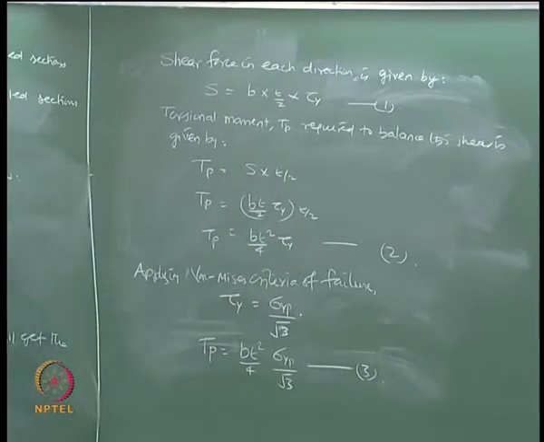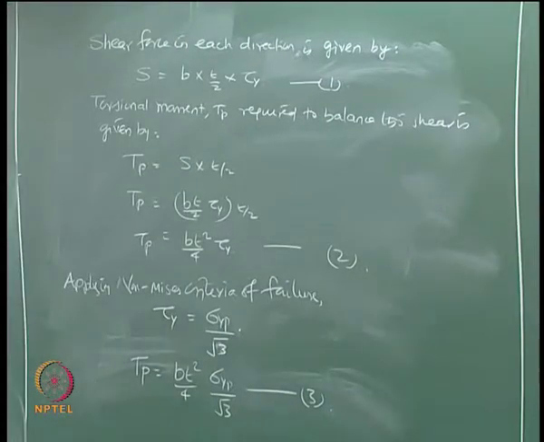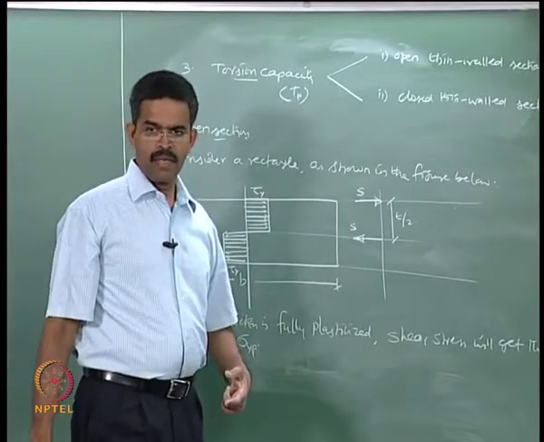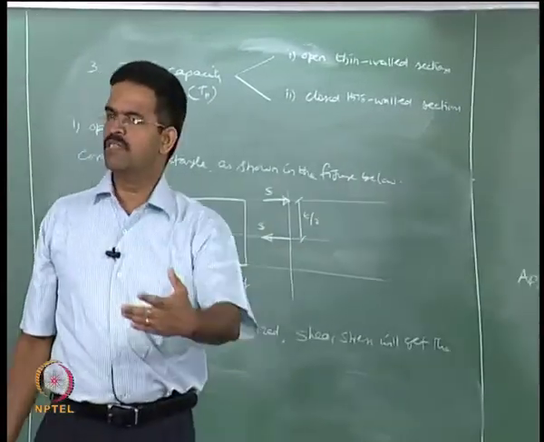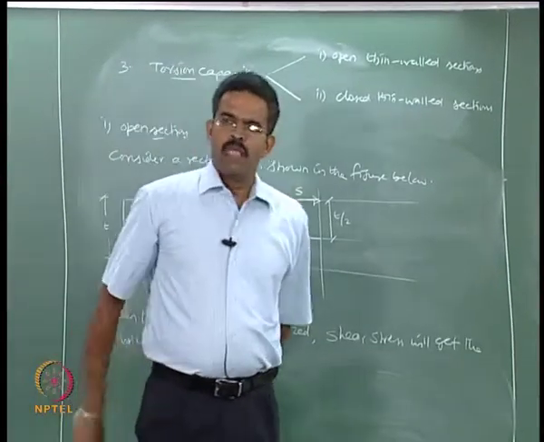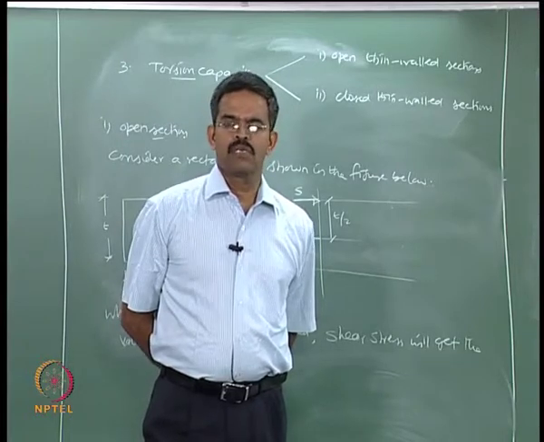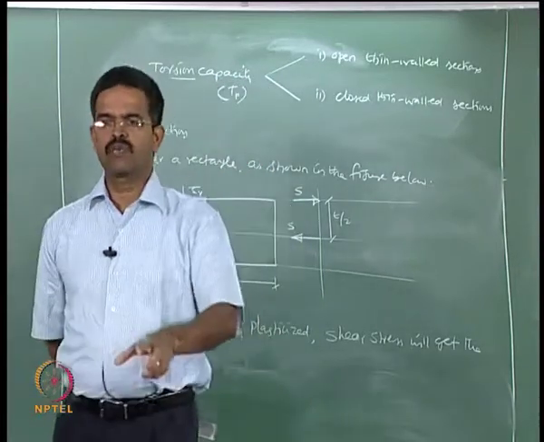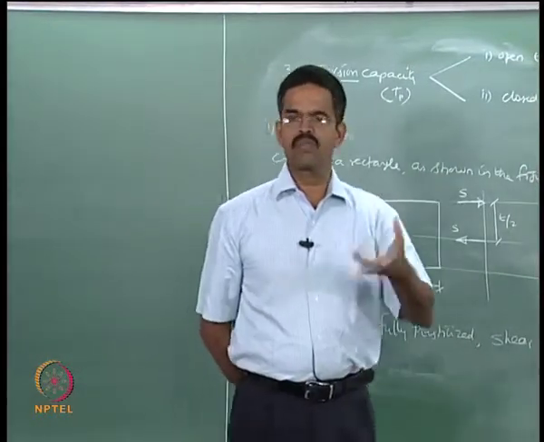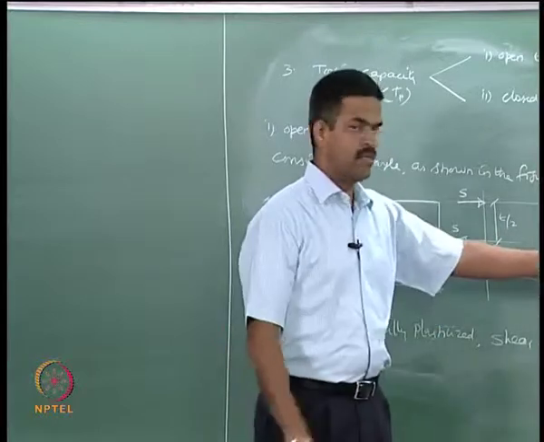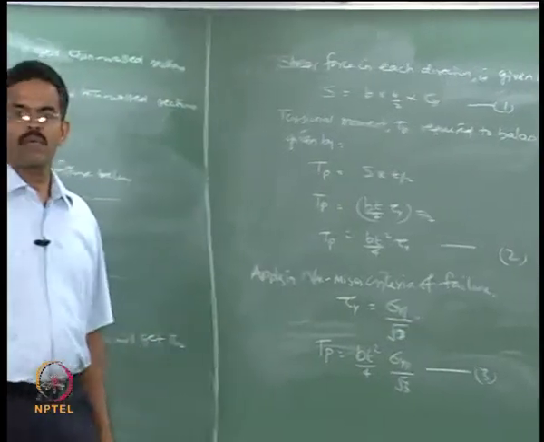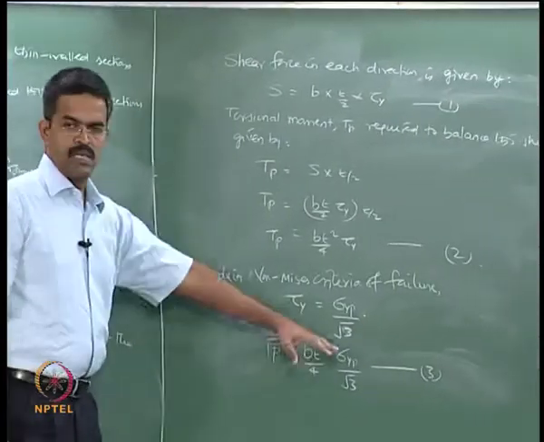Why are we talking about distortion theory when we talk about torsion capacity? Any idea? There are many other theories. We can talk about principal stress theory, maximum shear stress theory, strain energy theory, and so on. Why are you talking about the distortion theory here? Because torsion is associated with distortion, is it not? Whenever you apply torsion to a cross section, you will always see the section will get distorted, or the fibers will get distorted. That is why you are applying the maximum distortion theory here, and that says it is equal to sigma yp by root 3. So, we have used Tp as this equation.